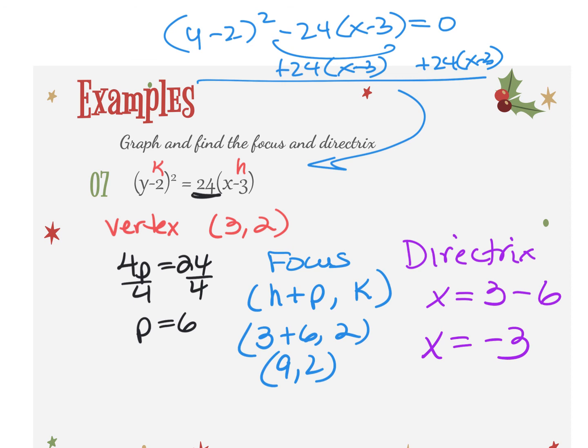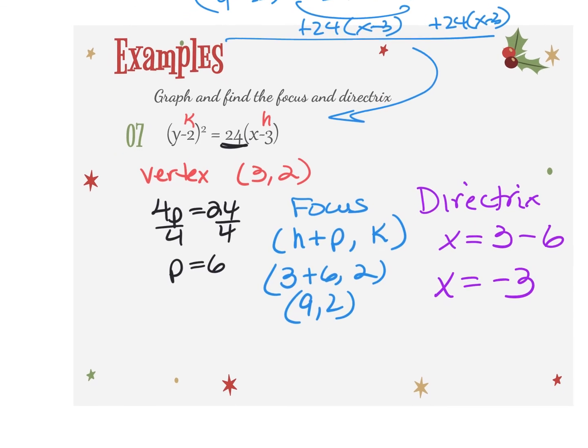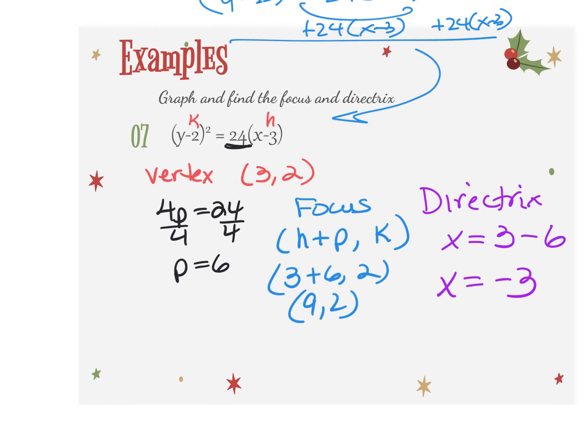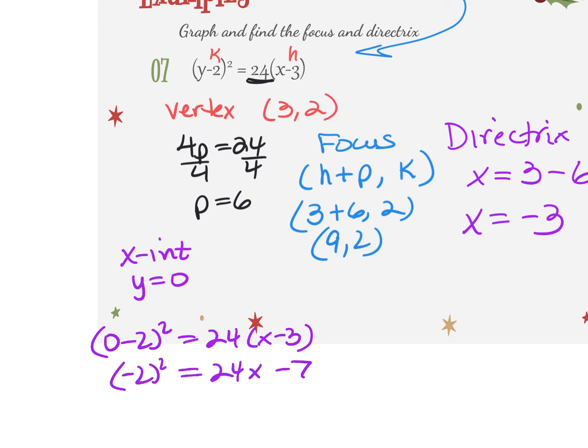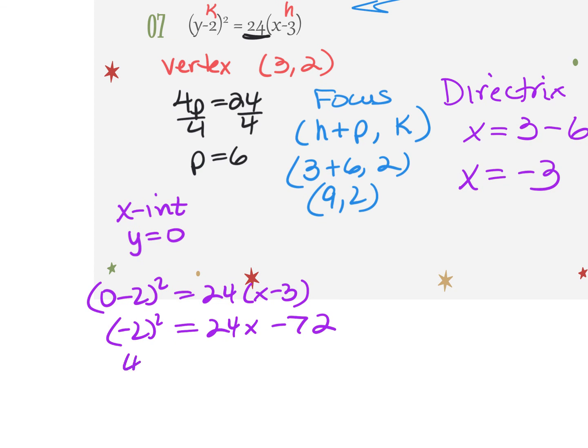Now, this time, because it's the C, I'm going to find the x-intercept. So when the variable that's squared is y, we want to find an x-intercept, the non-squared variable. So here we set y equal to 0. 0 minus 2 squared, 24x minus 3. Negative 2 squared, distribute, 4,